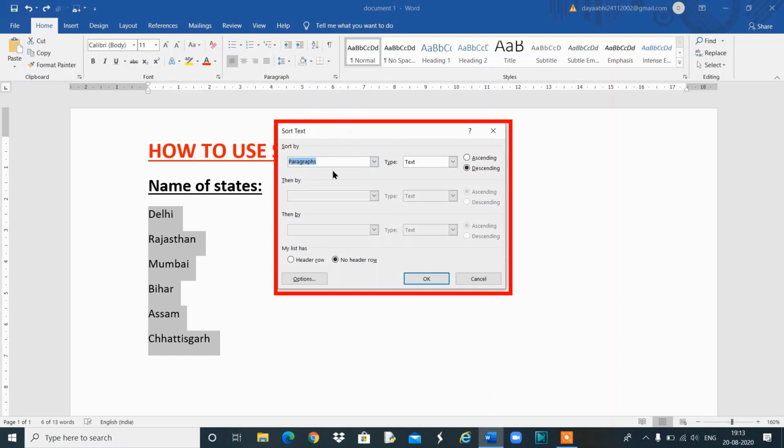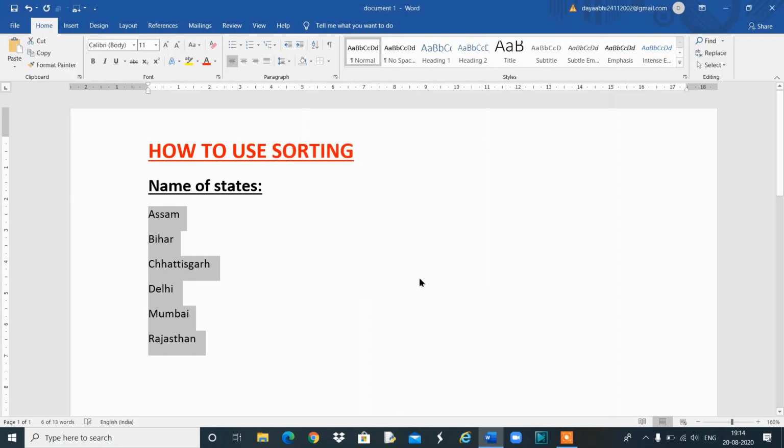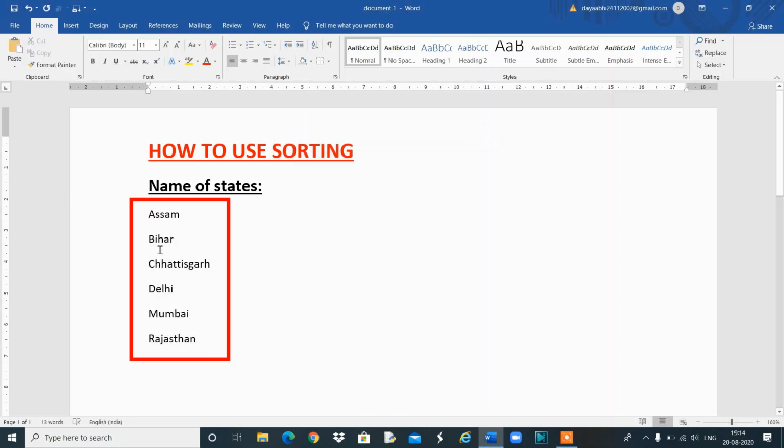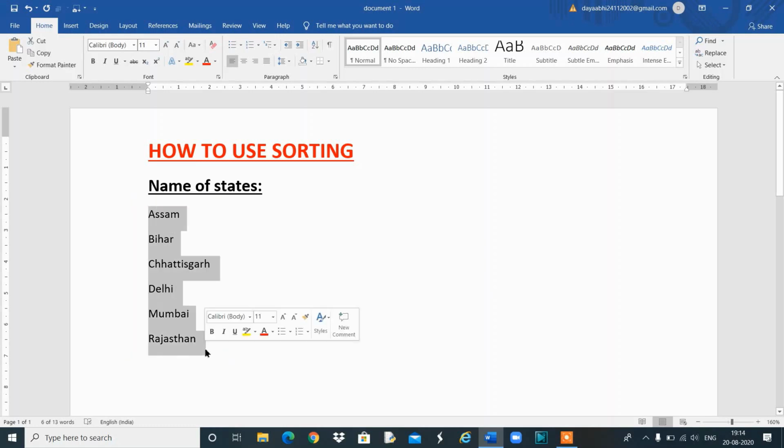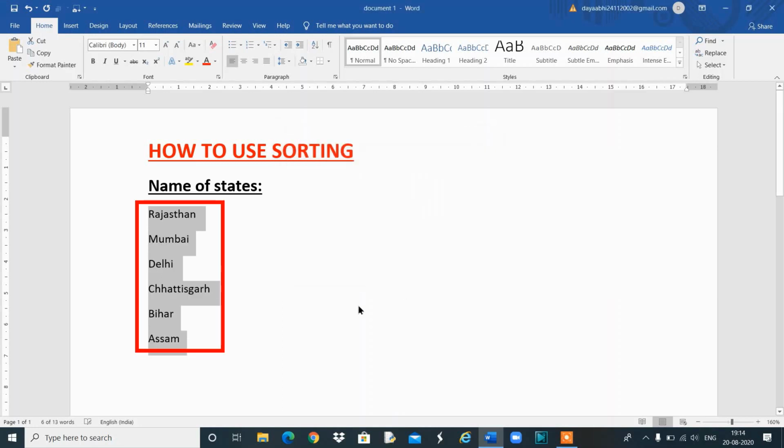Here you can do multiple level sorting. First one is paragraph. I am sorting the text in ascending order and then press the OK button. You can see that it is finished. If you want descending order, do the same thing again. Select the text, click on the sorting option, then choose descending order and press the OK button. So I hope you are able to understand sorting.